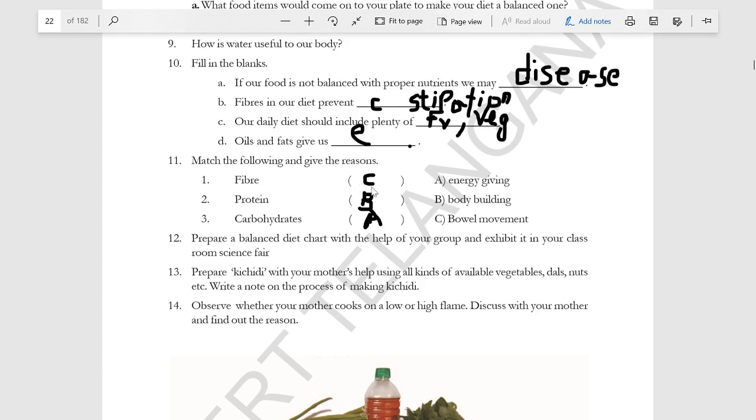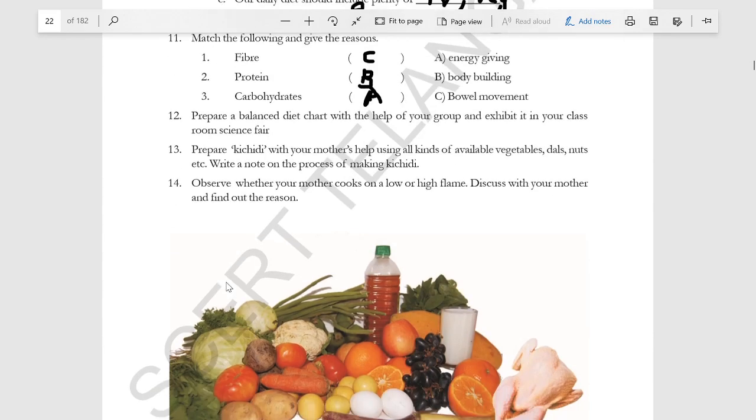What is fiber used for? Bowel movement. Fiber is present in the roughages, which are present in some fruits and vegetables. Proteins help in body building. Carbohydrates give energy, and these are the